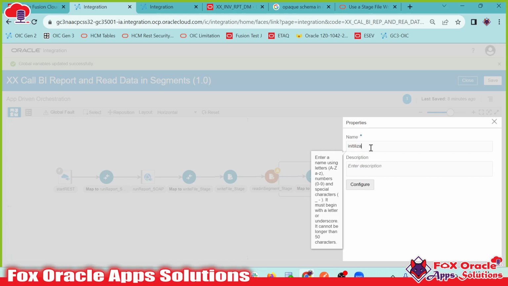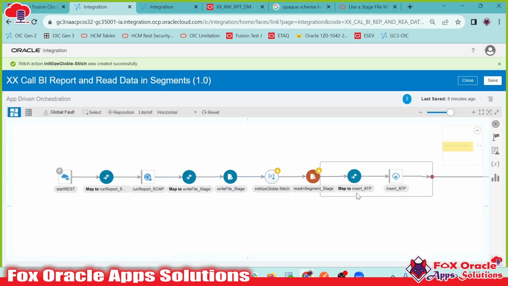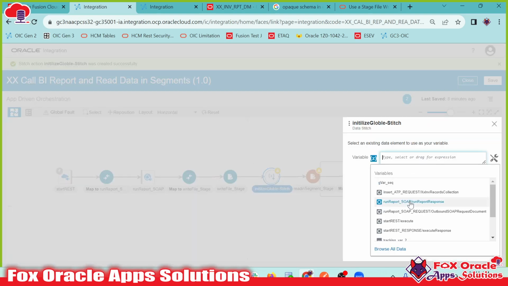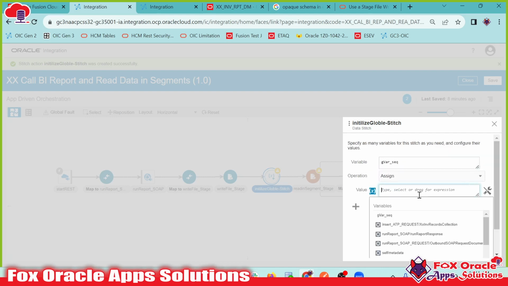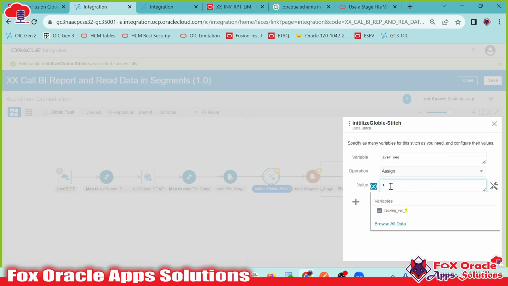I use a data stitch, global underscore stitch, which I configure. Now here we have to select the variable. So this is the gvar sequence, and here in the assign I want to assign 1. So now